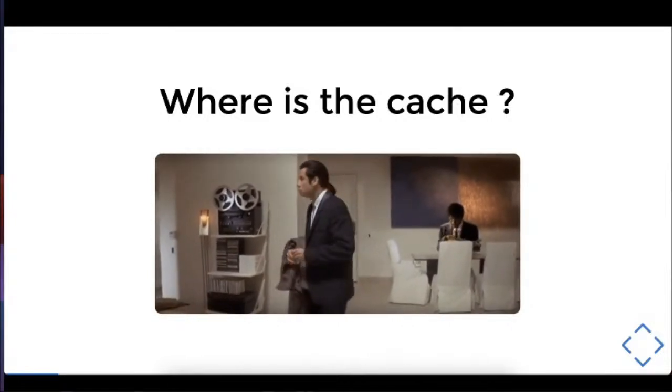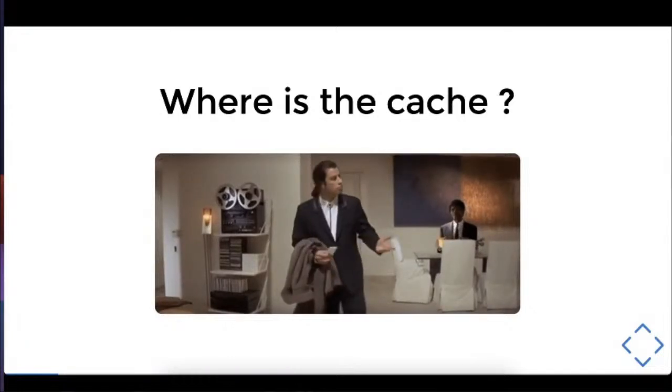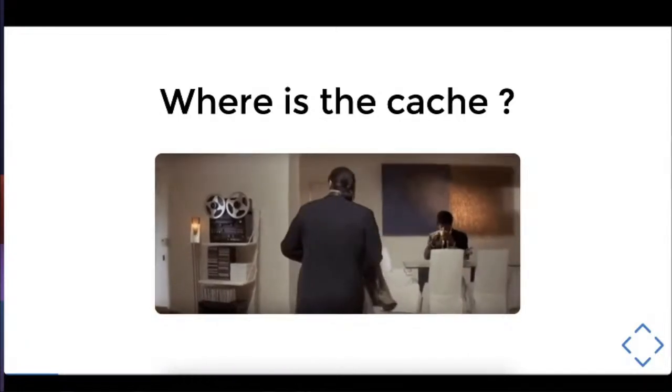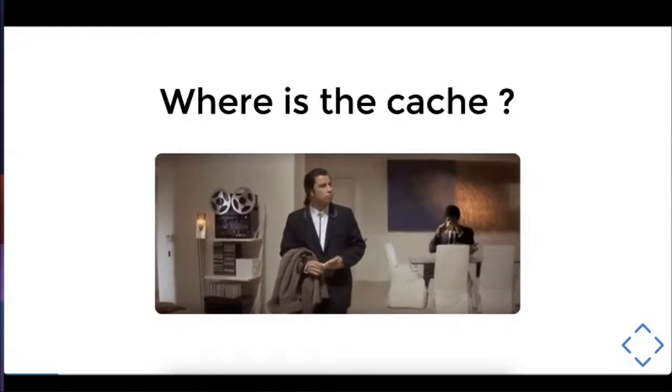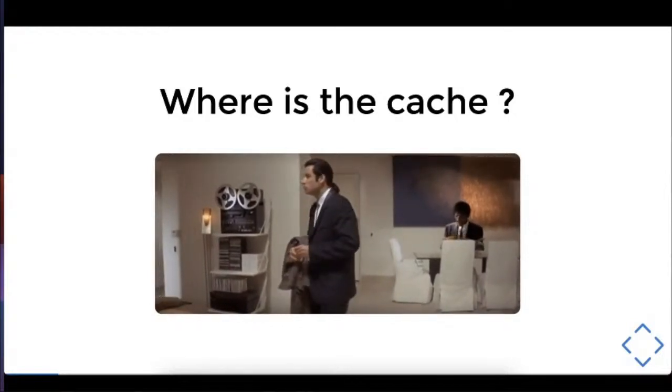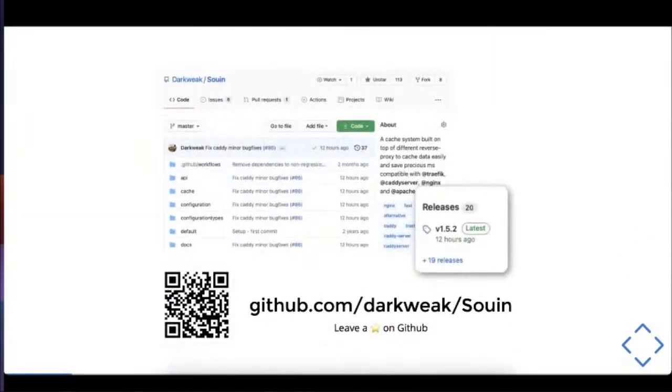You're more involved in your development, and that's how I came to learn Golang, with all of its dark sides and obviously all of its light sides. So this project called Souin is currently in version 1.5.2, and for the record, the release names are free beer names, because I love to drink beer. And obviously don't forget to leave a star, because I've got an oversized ego and it makes me happy to see the stargazers count growing.